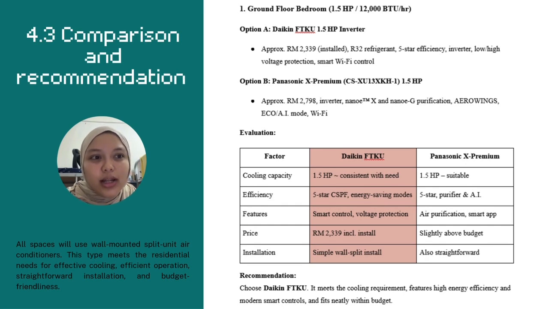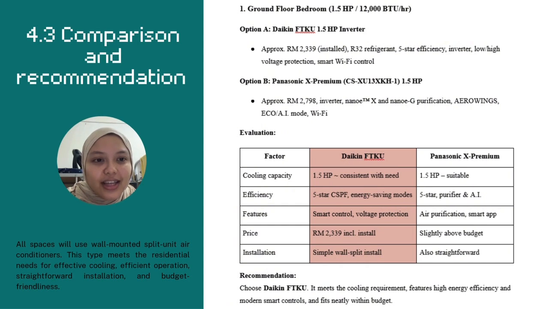The Daikin model includes smart Wi-Fi control and voltage protection and is priced at around 2,339 ringgit including installation. The Panasonic model offers advanced air purification features like Nanoe and is slightly over the budget at